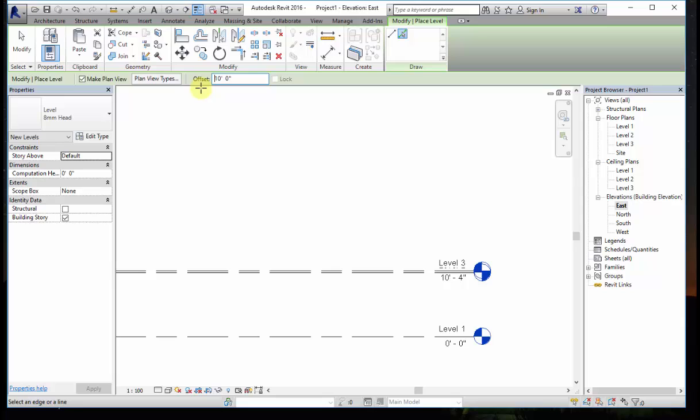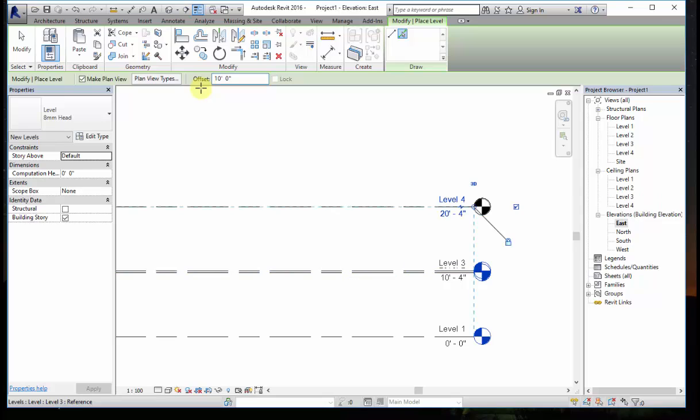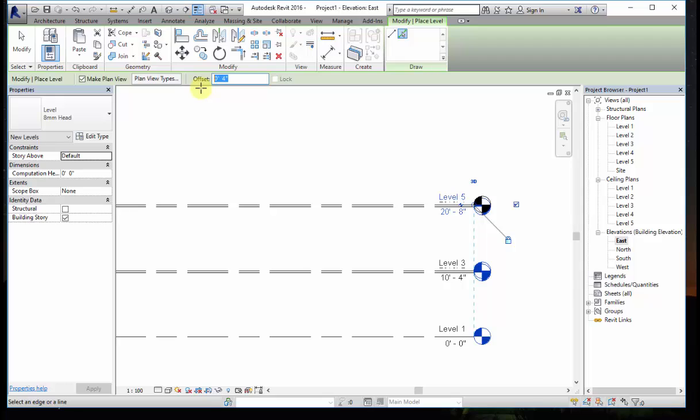If I just select a level, you can see a dotted line, an imaginary line, coming over there. It means my level is going to get created there. Just click on the previous level and the level will be created. It is very easy if I use Pick Line. Later I'll select again and give the offset as 4 inches, which is again my slab thickness. From there I can give the parapet wall. If I am going to create the headroom, I'll again give it as 10 feet.